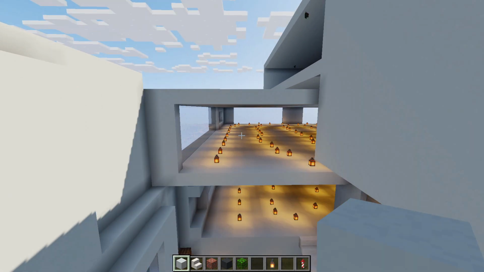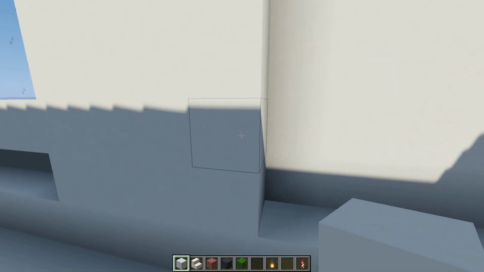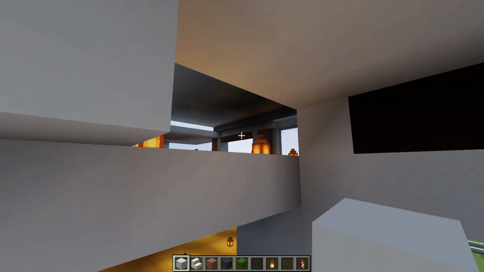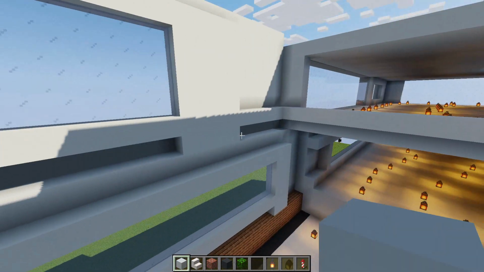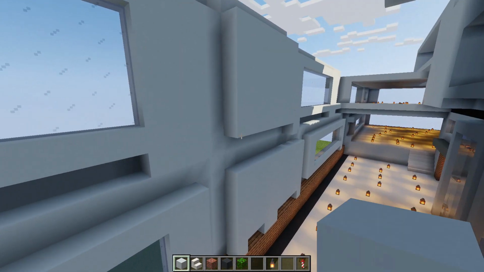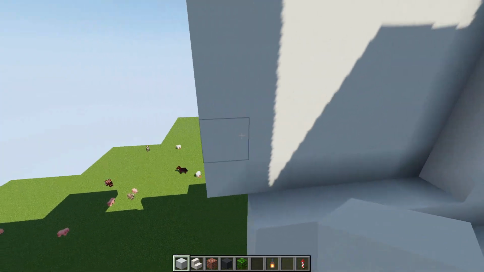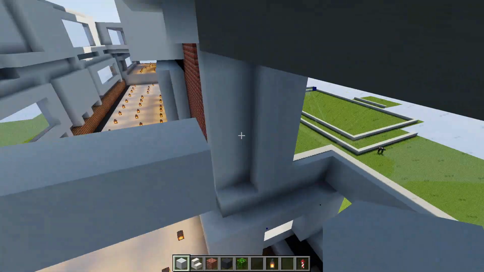Now that we have that ceiling filled in, next up we're going to go off of these blocks right here. So this is just one block up above from this floor right here, and we're going to create another section of flooring. So it is going to be from there. Let's go back down over here. Is this going to line up? Yes, it will. Okay, so it's going to be all the way down to the very end,